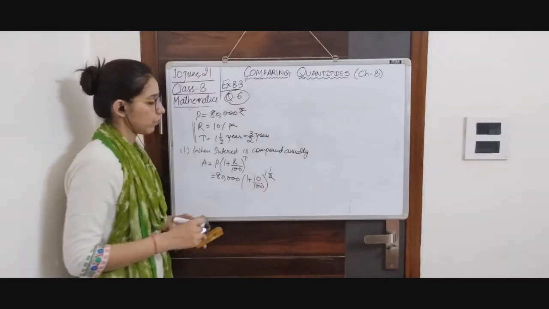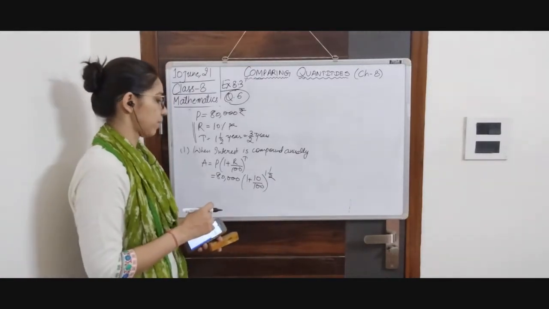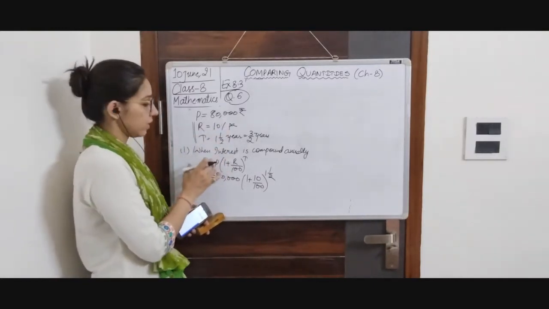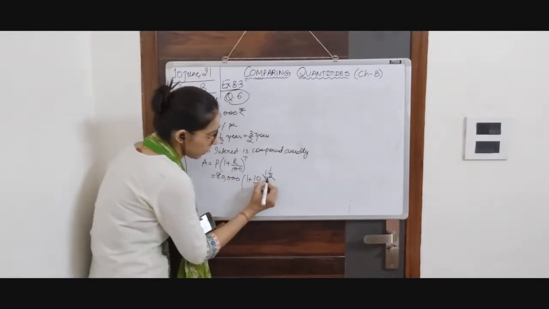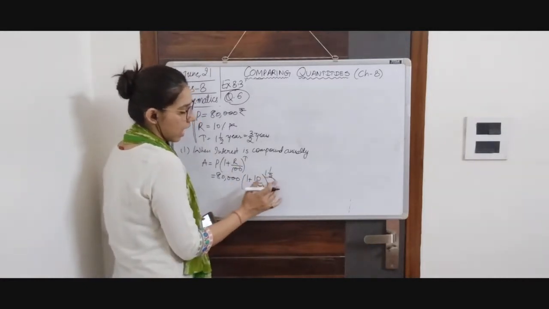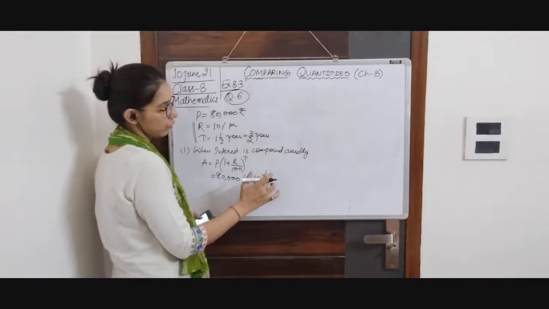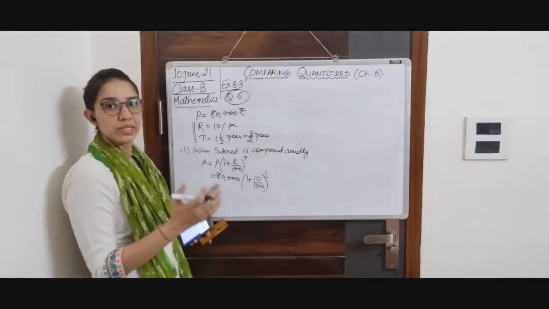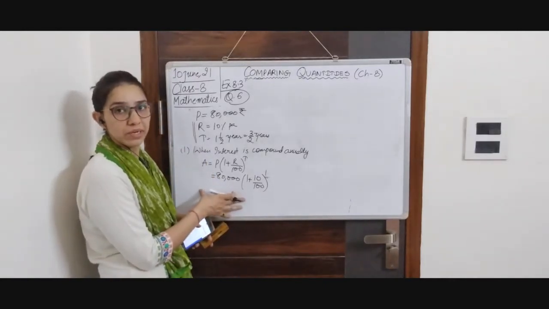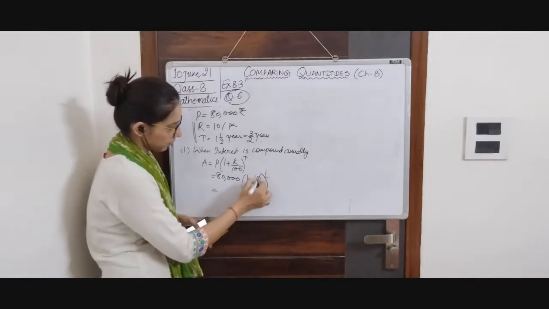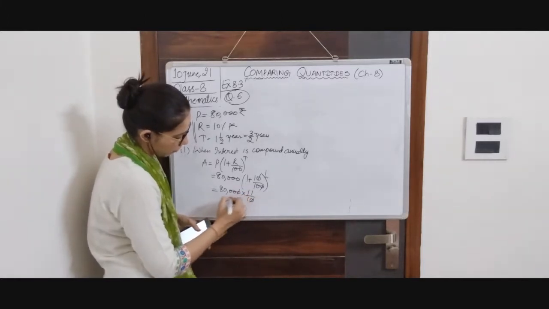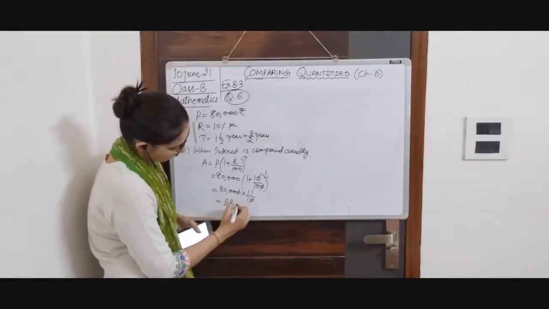Okay, I forgot to mention one thing. If we are provided with time which is in fractions, and it is compounded annually, we will calculate the amount using the compound interest formula for the whole number, and we will leave the fraction part. For the fraction part, we will use the simple interest formula, for which the principal is equal to the amount after the whole time period. It will be 80,000 into 11/10, which will be equal to 88,000.